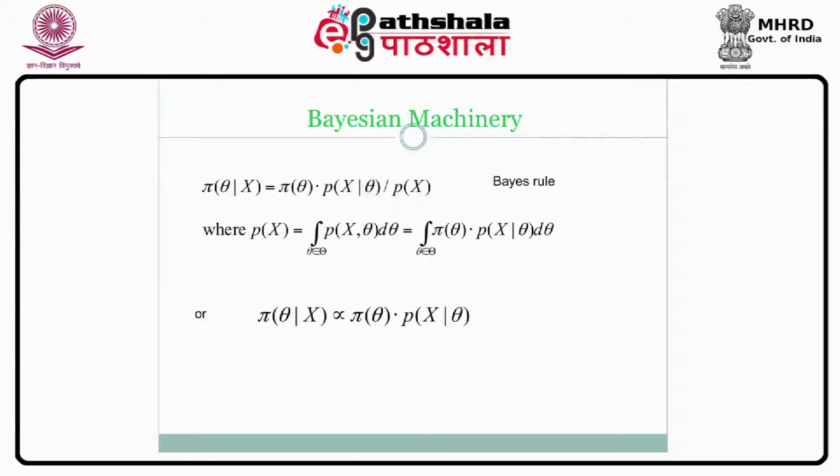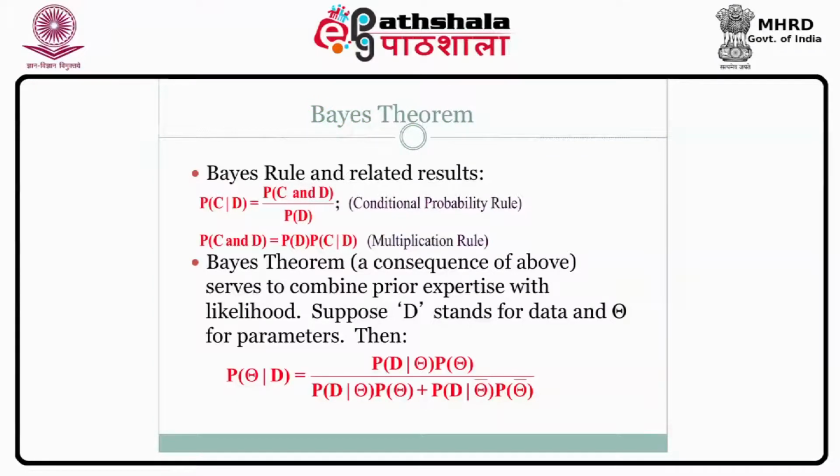Essentially, the whole idea crops up from Bayes' theorem, where Bayes' rule is this: in terms of conditional probability, the probability of C given D is the probability of C and D divided by the probability of D, or the other way around. If you take it to the other side, you will get this: the probability of C and D is the probability of D times the probability of C given D. So from that viewpoint, Bayes developed the Bayes' theorem, that suppose D stands for the data and theta is